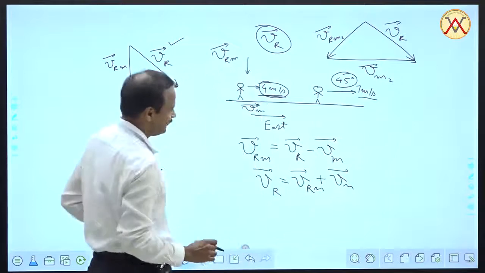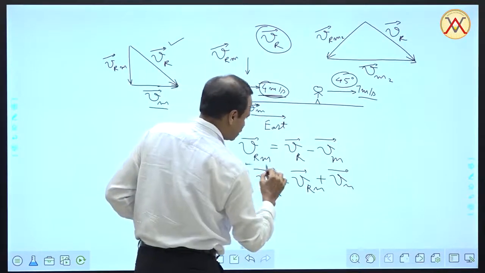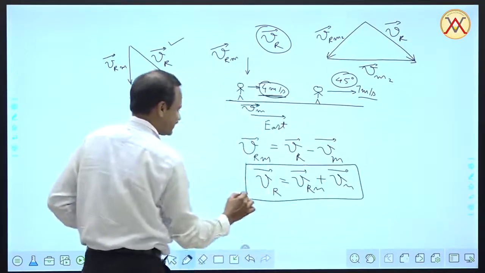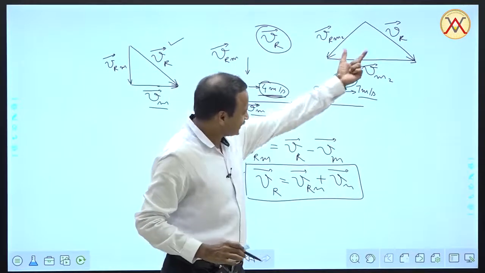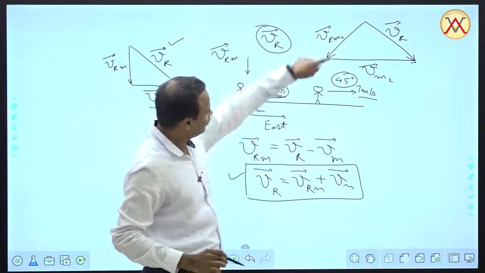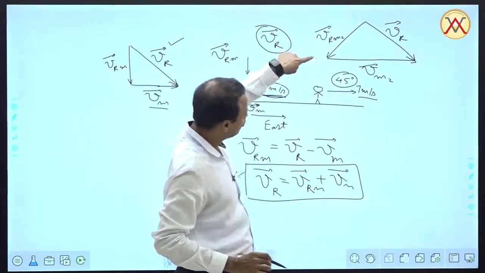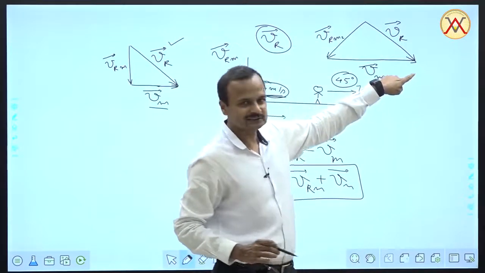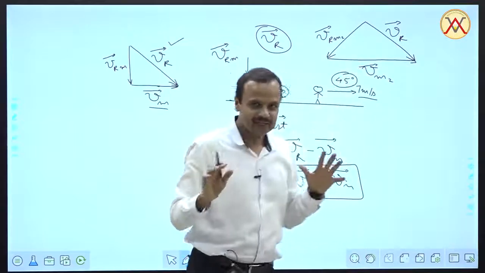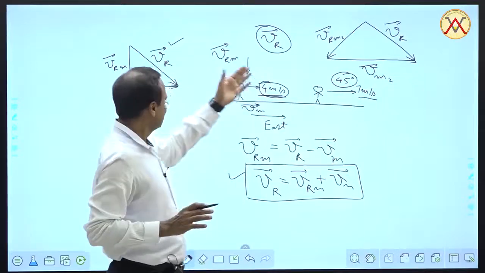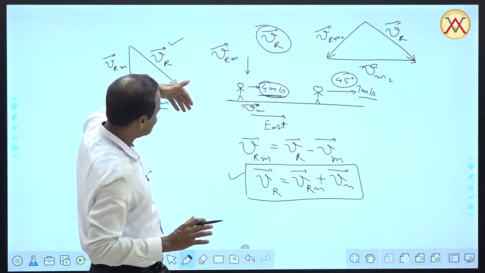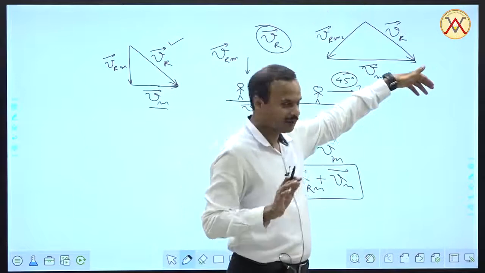You can check it again. See, the vector equation according to which we are drawing these triangles is here. It is there in front of us. So in the second case, again Vrm2 plus Vm2 will give us Vr. The rain is same in both cases. It is the same rain. It is falling with same velocity in same direction. All right.